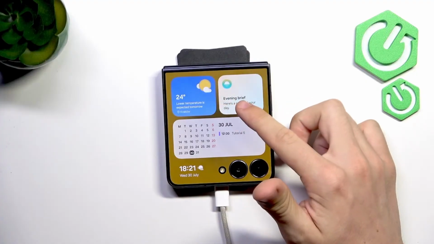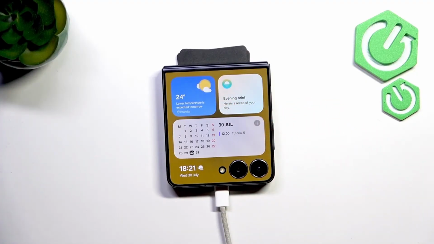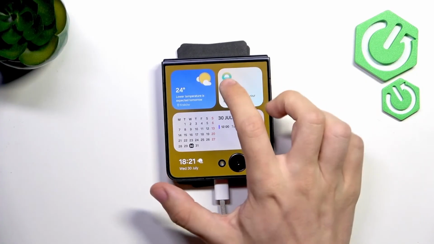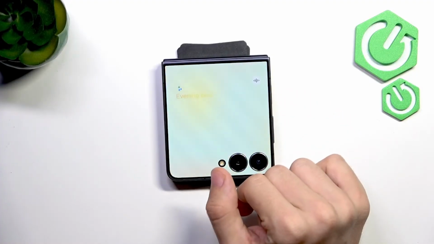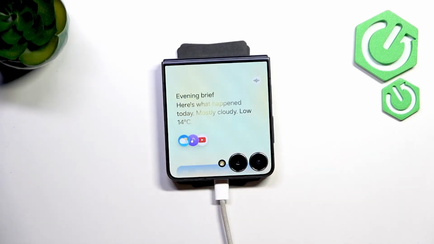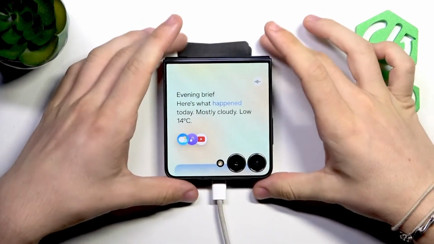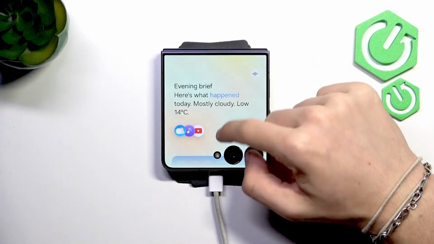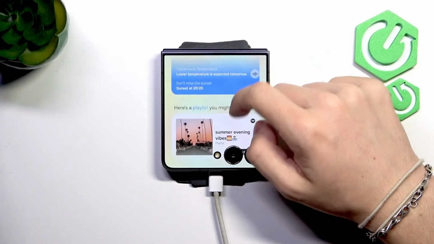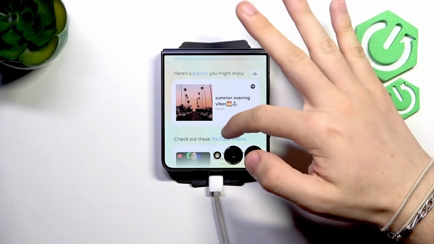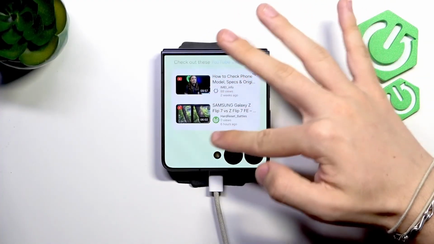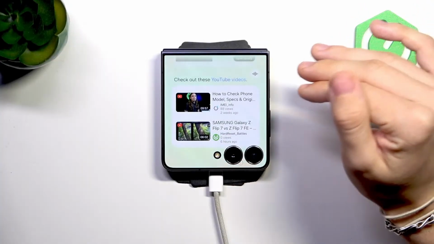This widget may say Now Brief or Evening Brief or something like that. It may have this little icon right here. Once you click on it, it'll be a recap of your day. And it may have things like what happened during the day, like the weather, for example, how was it, the playlist you might enjoy and may want to check out,